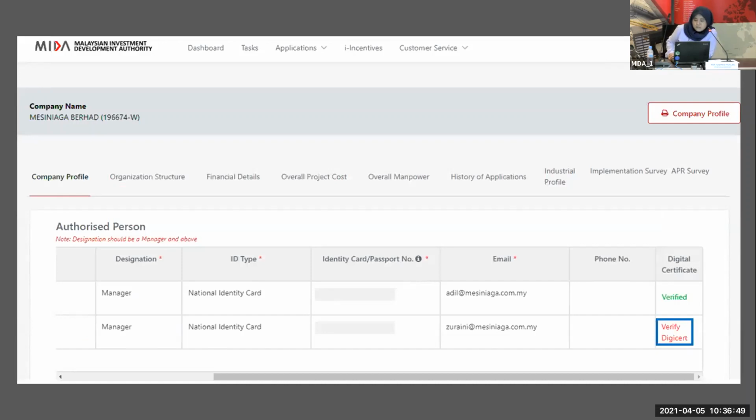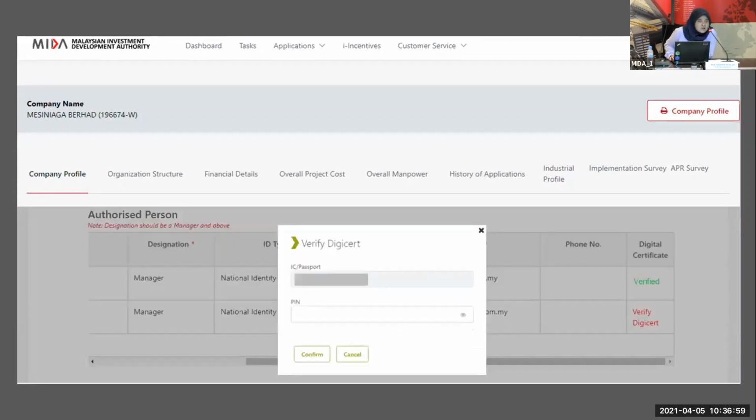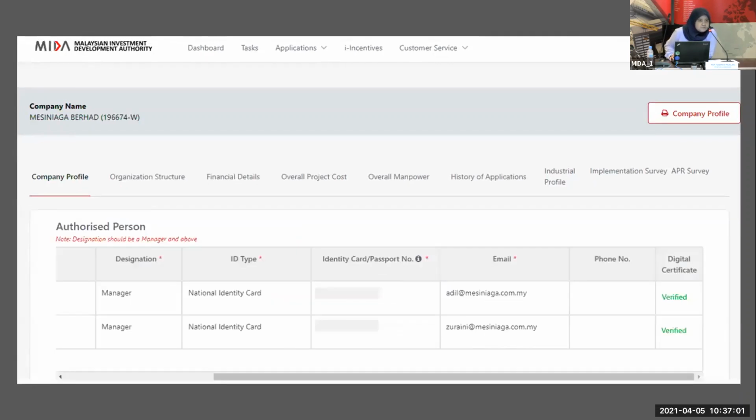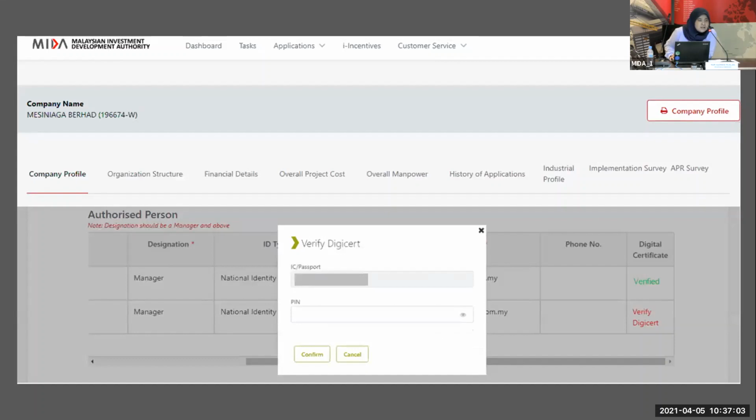By default, the status will be verified DigiCert. So for a newly added authorized person, you have to verify the digital certificate first. You click on the digital certificate. If you have a valid, verified and active digital certificate, you will have your PIN number here. Then you can key in your PIN number.